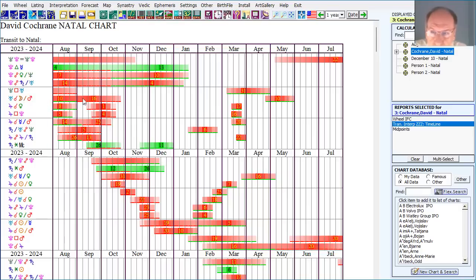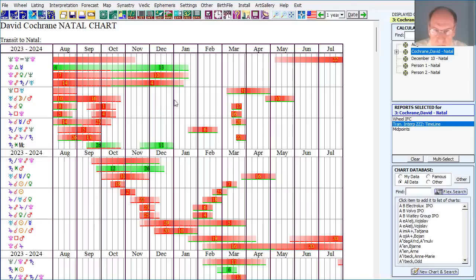See, this transiting Uranus remains a dark red from August to September. It means the orb is small. Here it gets very thin. It gets pale. This means Uranus and my moon Mars is hitting me hard through August and September. Uranus and moon Mars means you're impatient. You've got to get things done. You want to get them done now. You're fired up. You're feeling like you're ready to take things on. You want to compete. So Uranus at moon Mars.